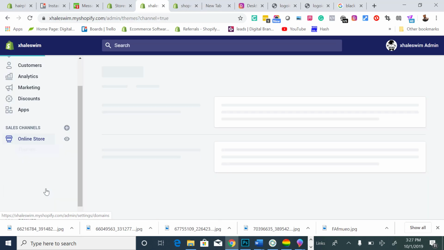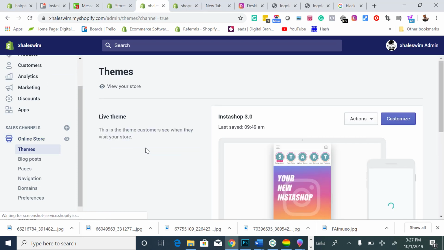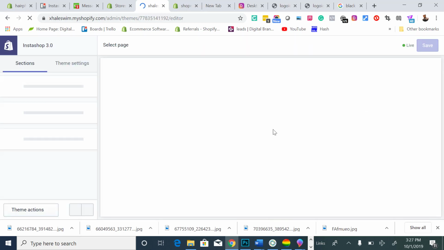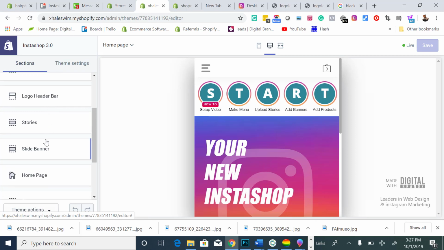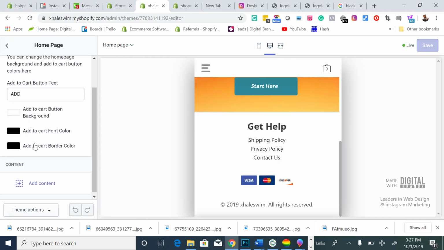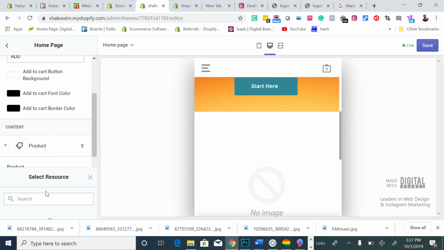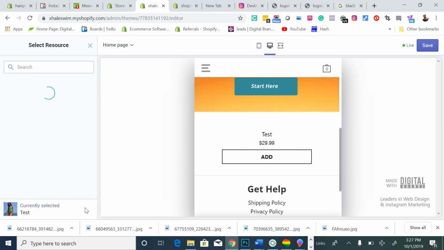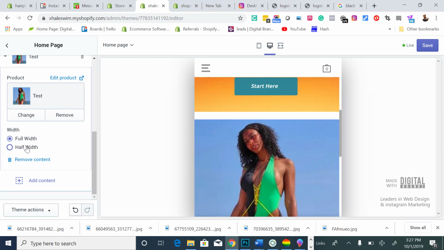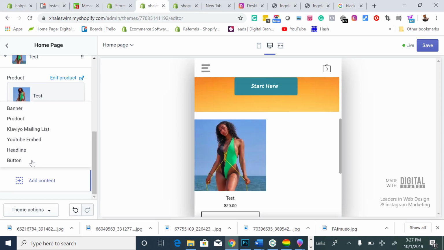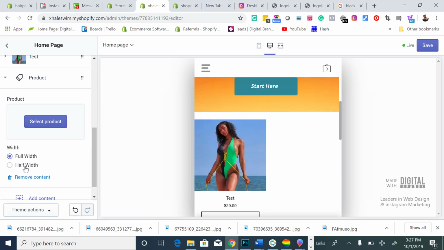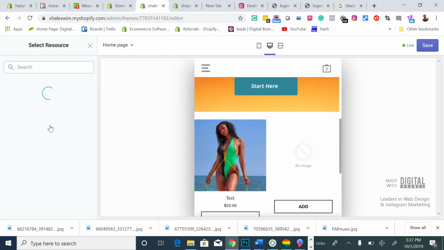Alright, I go back to Online Store. If I want to enter those products here, I go to Customize. And the way to enter them, you'll go to Home Page, Add Content, Product. Select the product, Test 1, boom. I always do half width because it looks cleaner half width. Product, half width,